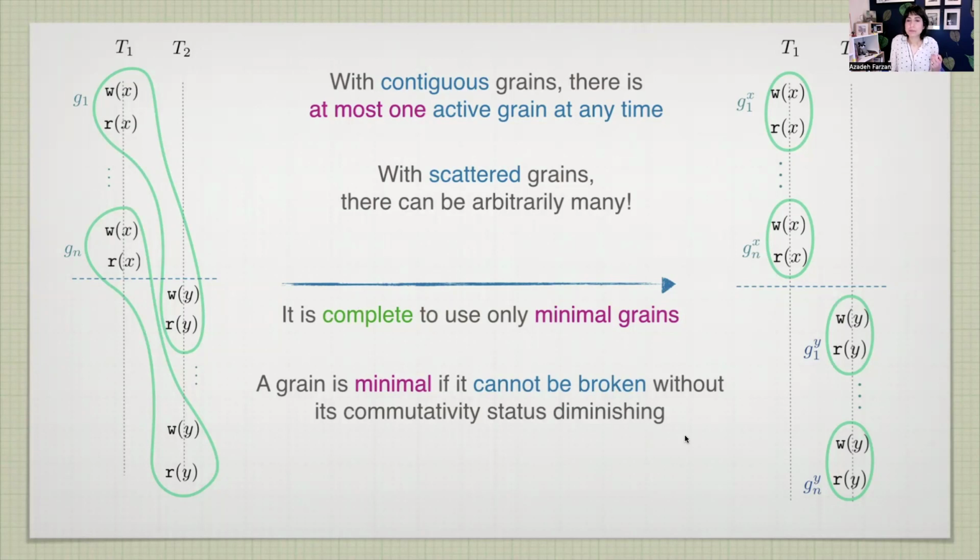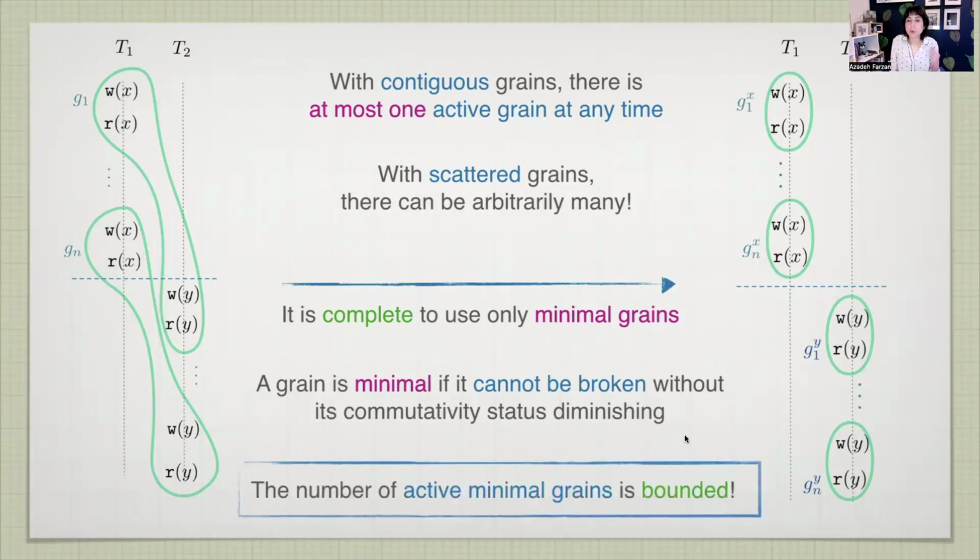I'm not getting into the details, but it can be proven without that much trouble that you can always choose minimal grains this way by breaking down bigger grains into these minimal choices. There are canonical choices. And more importantly, if you only choose minimal grains, the number of active minimal grains is always bounded. It has nothing to do with the length of the run. Such a number has to do only with the number of threads and the number of variables. And as such, if the grain graph were to only keep track of active grains, we are back into the constant memory RAM.